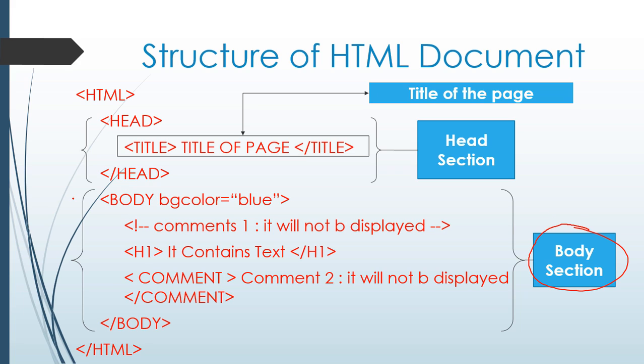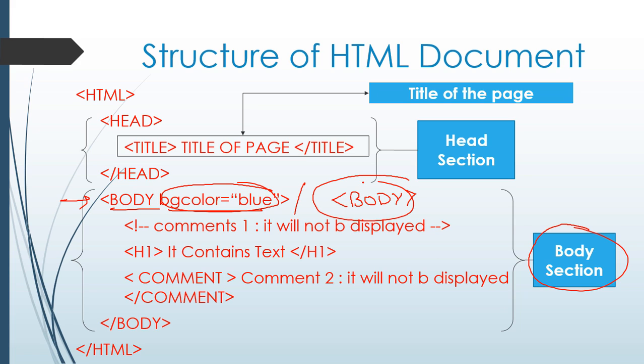After this much, let's move to our second section, that is body section. In the body section, for initiating the body section, we can write a body tag directly. Either you can write this or you can directly write body. यहाँ पर हम लोग एक attribute यूज कर रहे हैं, that is BG color. BG color attribute का काम होता है हमारे वेब ब्राउजर में एक कलर्ड बैकग्राउंड जनरेट करना। तो यहाँ पर फिलहाल हम लोगों के HTML पेज में एक ब्लू कलर का बैकग्राउंड जनरेट होगा। बट इफ यू विल राइट इट लाइक दिस विदाउट यूजिंग द BG कलर, देन योर बैकग्राउंड विल बी वाइट बाय डिफॉल्ट।